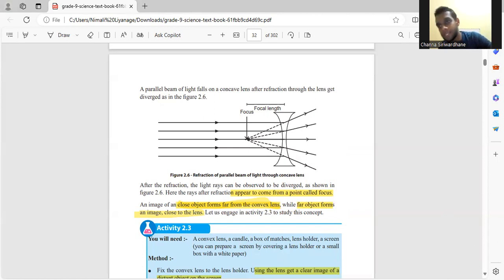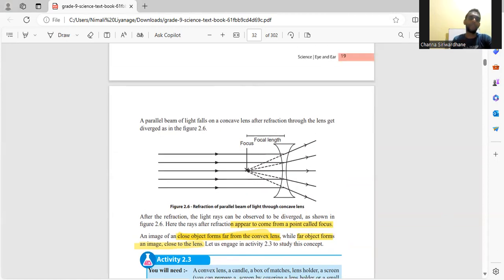A parallel beam of light falls on a concave lens. After refraction,